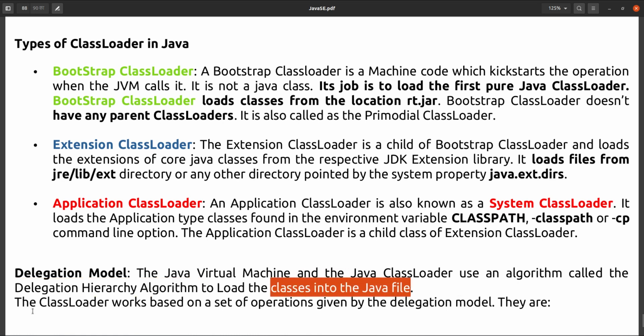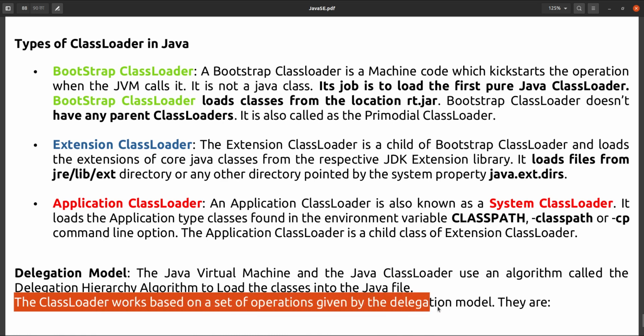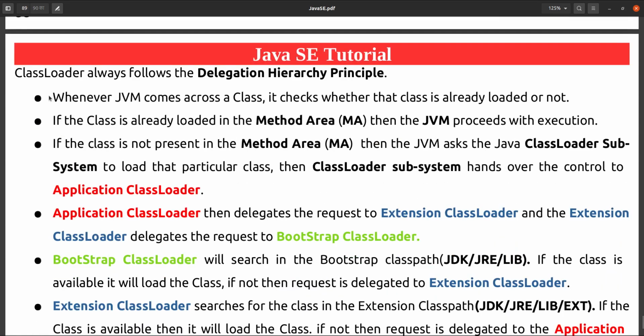The class loader works based on the set of operations given by the delegation model. So the delegation model is nothing but an algorithm that JVM uses to load the classes. The steps of that algorithm are defined here.